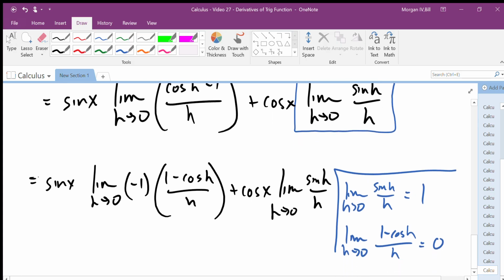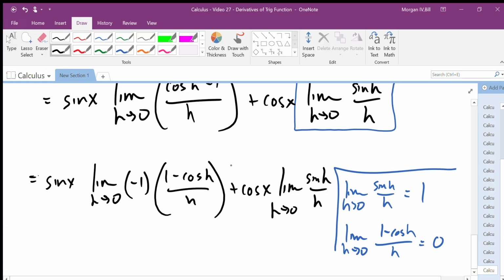Okay, so now we have 1 minus cosine of h over h. As the limit as h goes to 0, that becomes 0. So this part here goes to 0, whereas the limit as h goes to 0 of sine of h over h, that part goes to 1. And we end up with